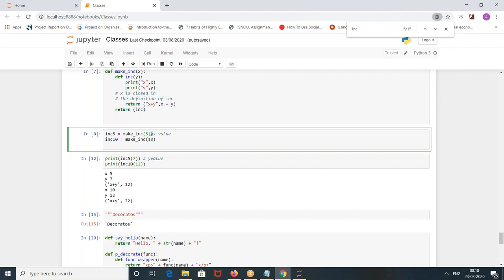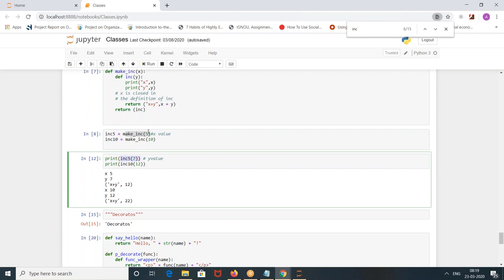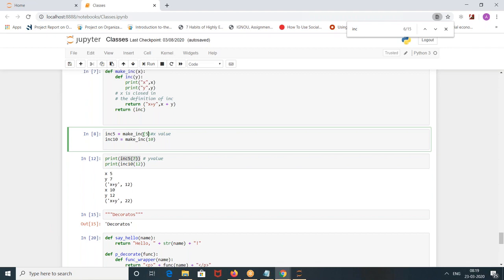There is no other way to pass two variables at a time, because this is a different function, and this is a different function. Here there is no way that you can pass one more variable. So we always have to assign that function to a variable, and then pass the other function's variables to that variable. This is a function within a function. Okay, let's go to the next example.